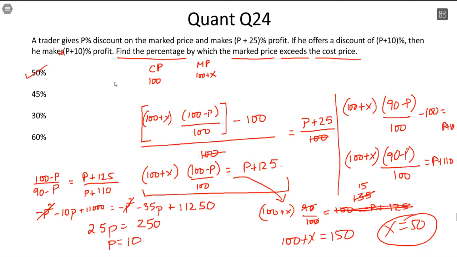Personally, for me, this was the most irritating question in the entire paper, not because it is difficult, it is just that it takes a lot of writing, a lot of solving. So if somebody can come up with a smarter way of doing this, some more intelligent way of approaching this, I would invite you to write it down in the comment and let me know. Otherwise, I hope you understood the logic, the thoughts that I had. I took CP as 100 because I was at complete liberty to do so. I had to only find out the final percentage, which can be easily ascertained, then X, and then whatever mathematical processing. Mathematical processing is the only way forward, at least the way I can see.